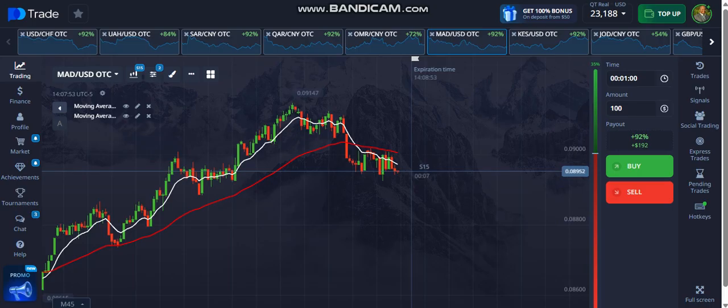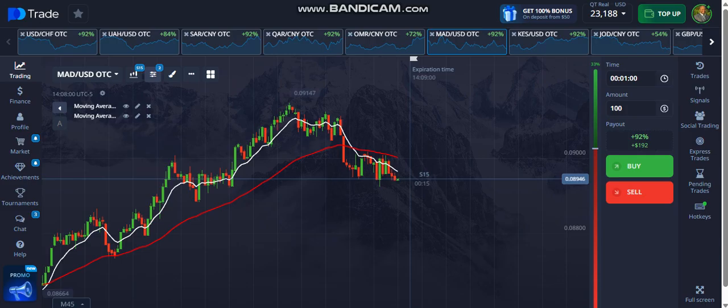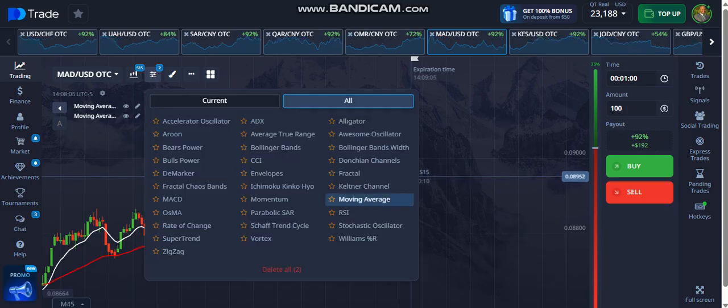I have a new strategy that I've developed utilizing two moving averages. So what you do here, I'm on the Pocket Option platform, and basically I pull up the two moving averages over here,